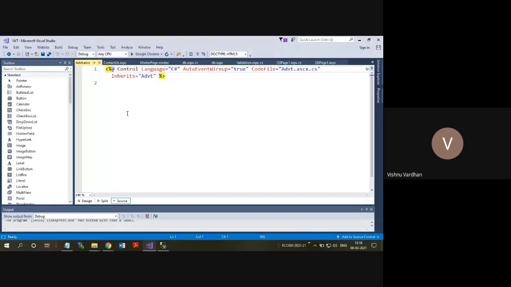It will take us to some interface. This interface is again like a blank page, which has only a page directive. This directive says this is a control, and it has a code-behind file like this. Now what I'm going to do is put some